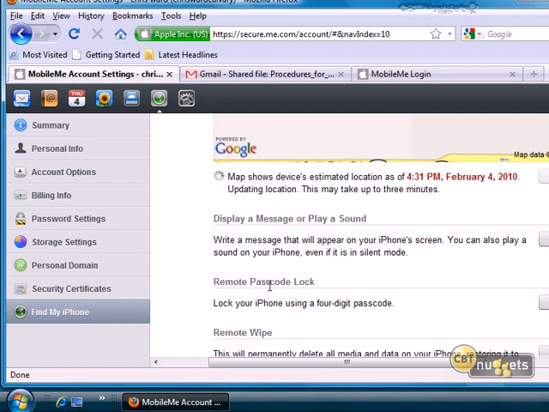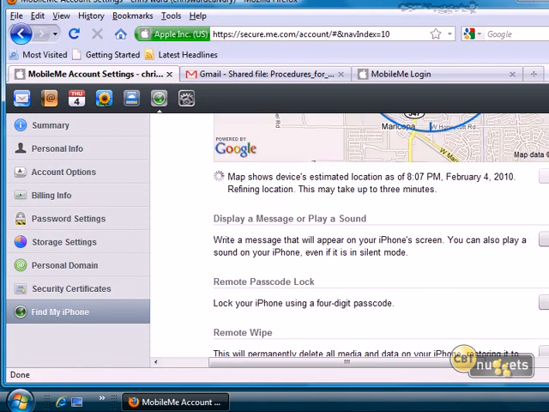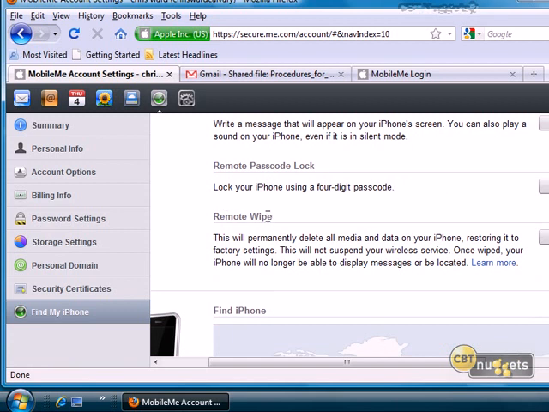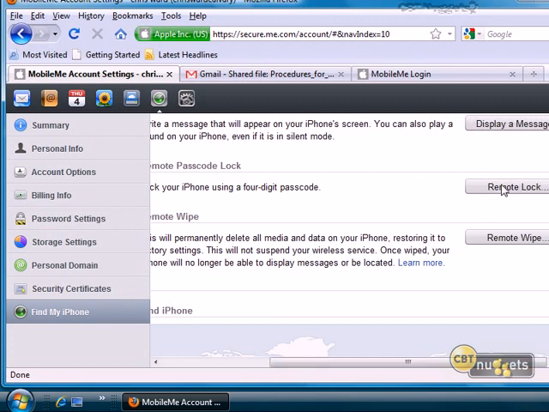You can also remote passcode lock it using a 4-digit passcode. This is especially important if you have names, numbers and things on there that are very private. Now, if the person never returns it, believe it or not, you can go over here and do remote wipe, which will delete all media and data on your iPhone. Once you do that, you'll no longer be able to display messages saying, hey, please give me my phone back, or even locate it, because it won't have the GPS. However, this is a way to make sure that nobody gets any data off your phone that you don't want. And then, of course, you just scroll over here and click remote lock, remote wipe, or